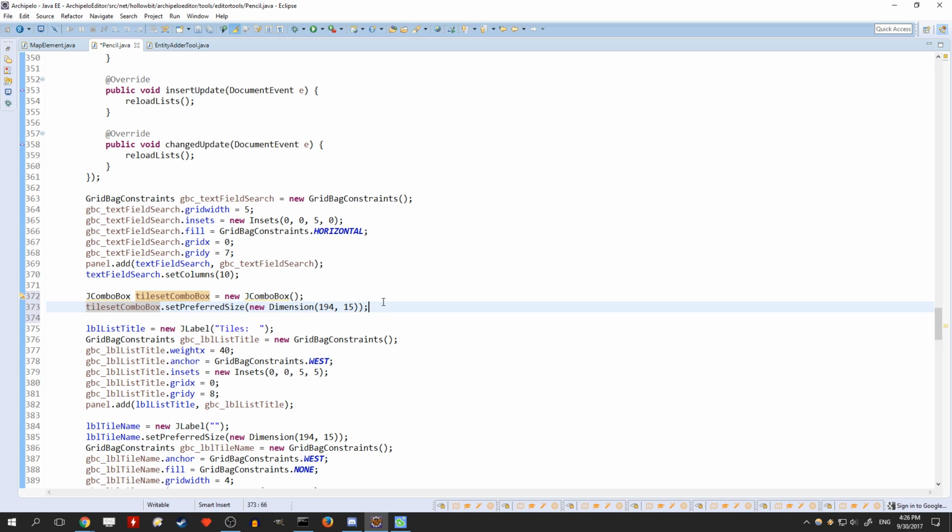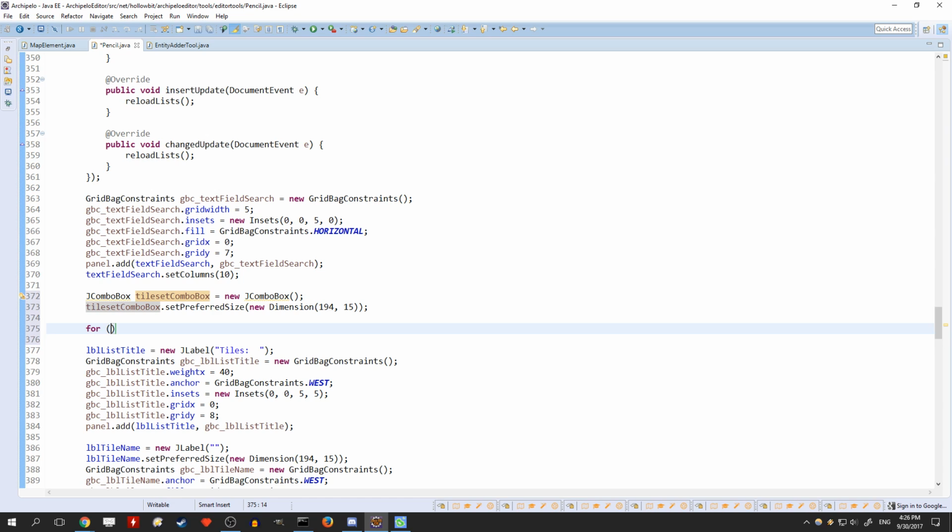Okay, so I'll just keep those dimensions for now. It's no big deal. And I basically just have to, oops, I should actually specify the object that's supposed to be in there. So a string should be good, because tile sets aren't actually a thing, it's just different categories. I remember we created different categories. I think we even called it a category. So for string category,